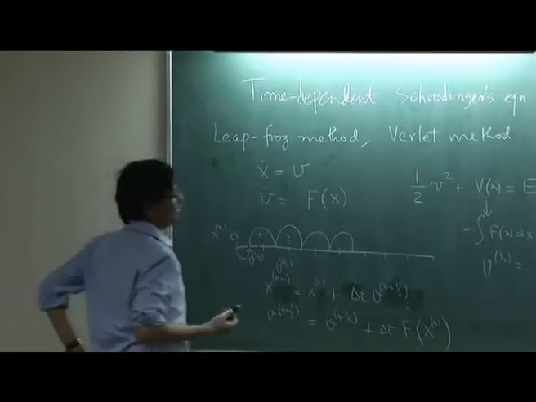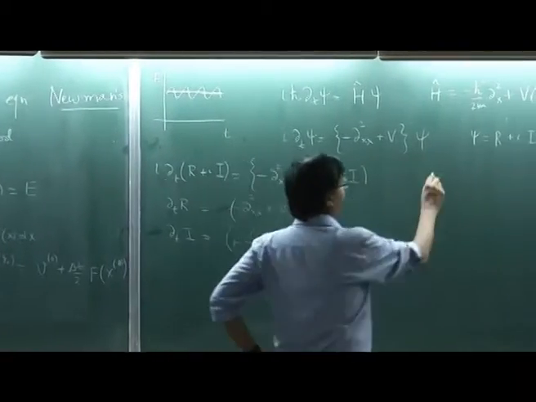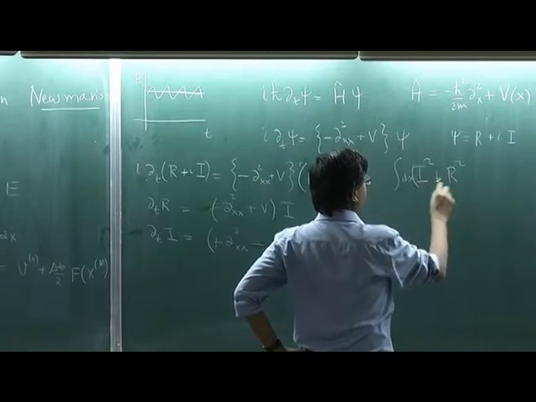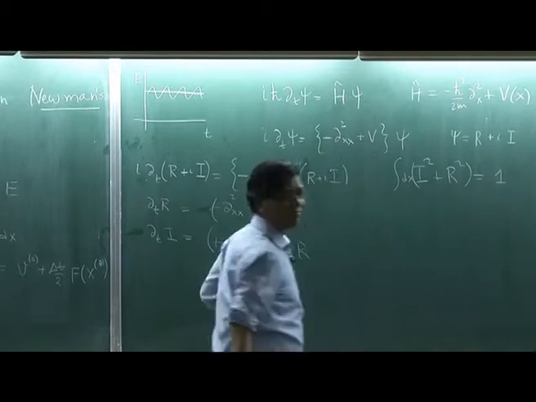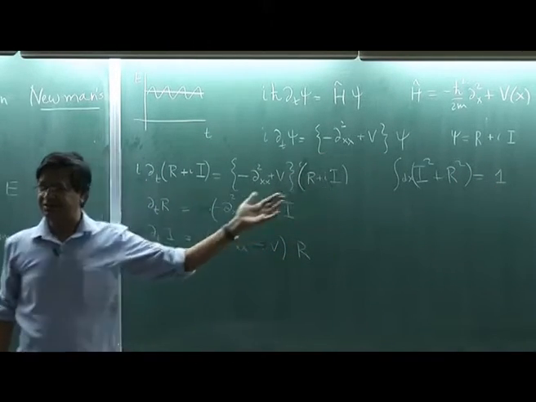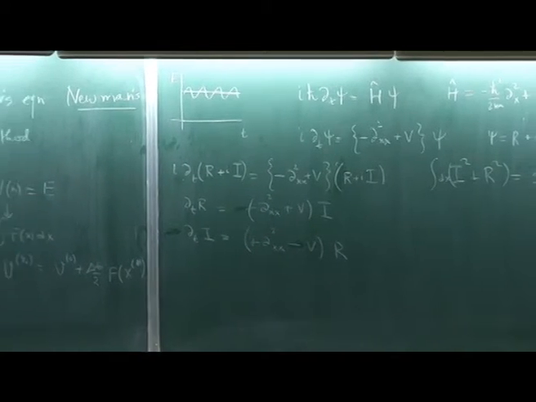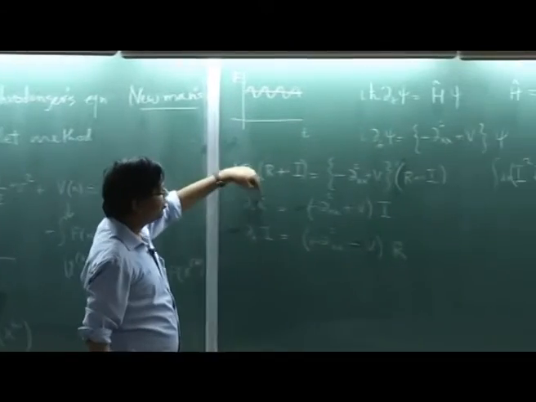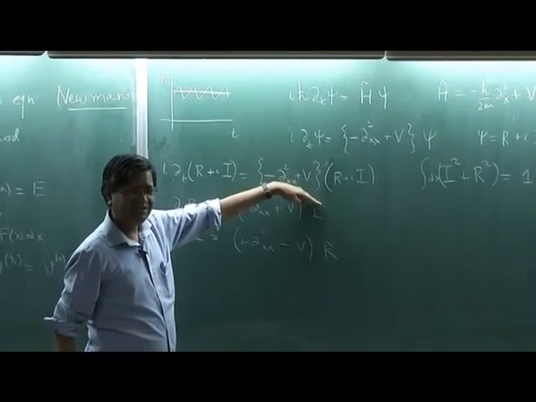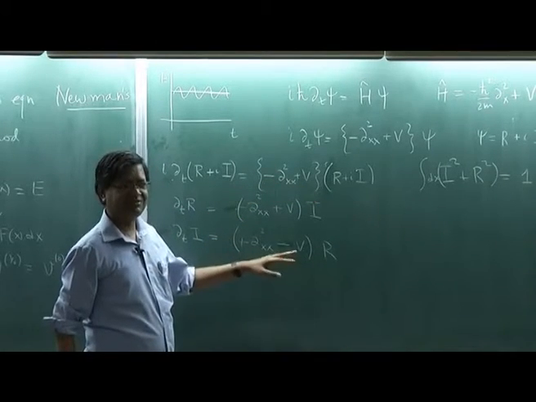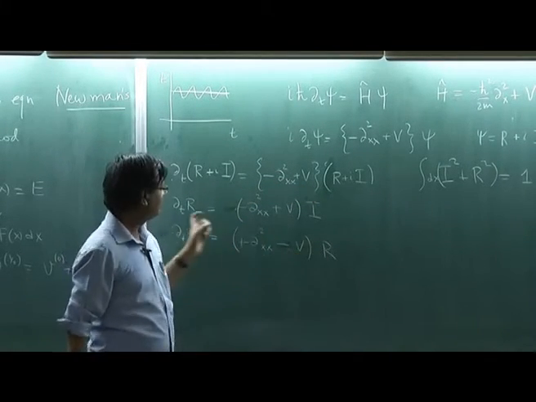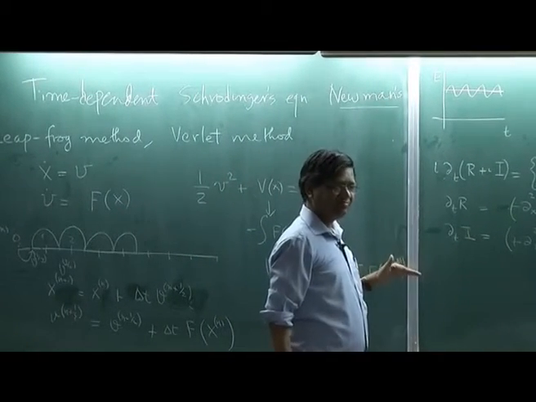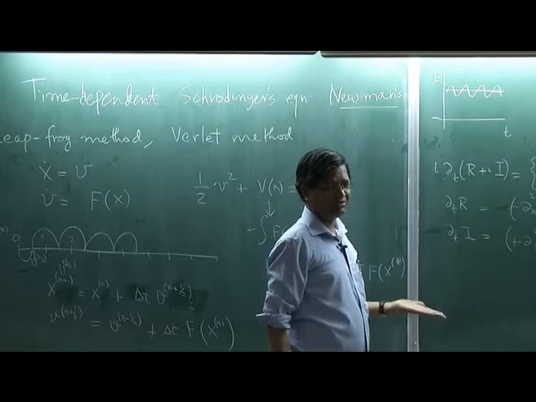Now what I want is I squared plus R squared, integral dx, to be in fact 1, right? That is the probability conservation. Now what idea can I use to solve this problem? Like x dot equal to velocity and v dot is a function of x. Okay, so this is very similar to what I got here. So I use that idea, and it seems it works.